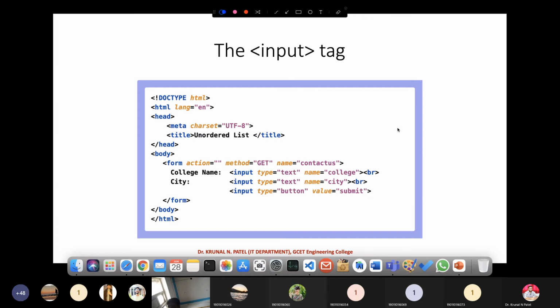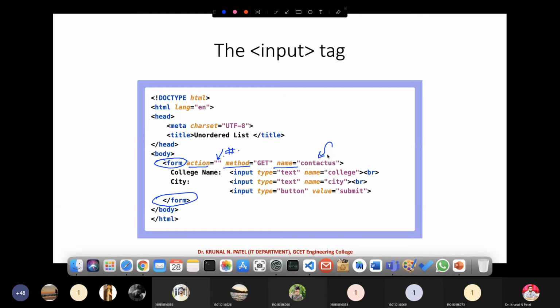First of all, you have to go for a form tag. You have to define action. Suppose I am putting a has here, then no action will be there because that particular page is not there, so my page will be refreshed in the same fashion. Second is method. Third one is name. You also have to define a name of a form.